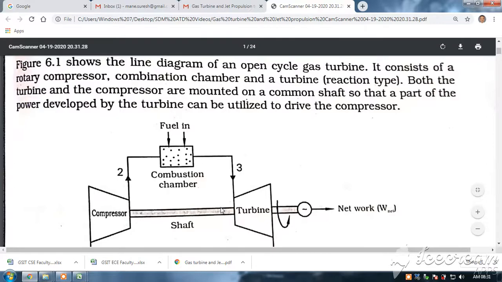I think you need to be very clear on this. In gas turbines, the turbine and compressor are mounted on the same shaft, and the power to run the compressor is taken from the turbine itself. Second, between the compressor and the turbine, there is a combustion chamber where fuel and air are supplied, and it burns and is expanded in the turbine. And on the same shaft, you will have the mechanical work, rotation of shaft, and this mechanical work can be used to generate power or to fly an aircraft.